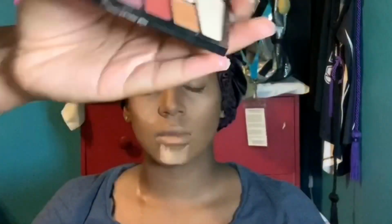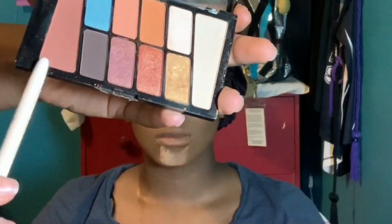So what you just saw me do, I took a little bit of that Fit Me and I put it down the bridge of her nose to act as like a concealer, because using regular concealer can make her look a little washed out because I'm already...